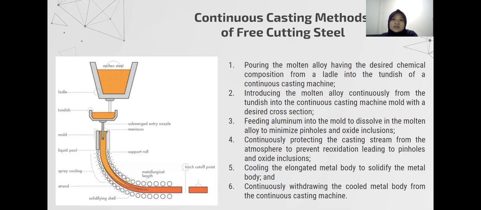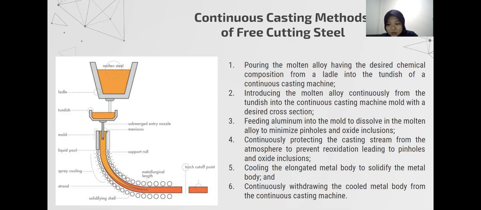And the next one is the method of continuous casting for producing a free cutting steel. First, pouring the molten alloy having the desired chemical composition from the ladle into the tundish of a continuous casting machine. Next, introducing the molten alloy continuously from the tundish into the continuous casting machine mold with a desired cross-section. And thirdly,